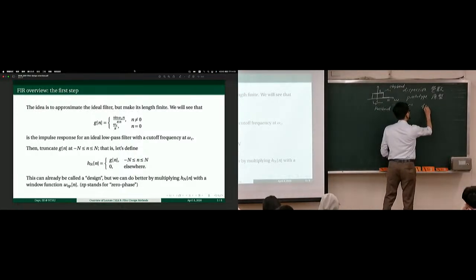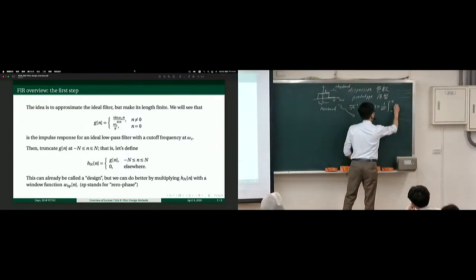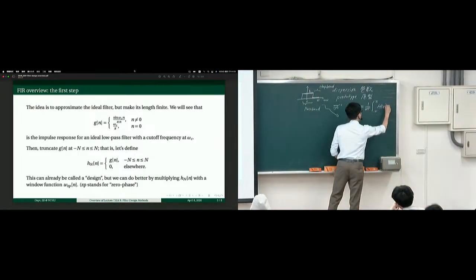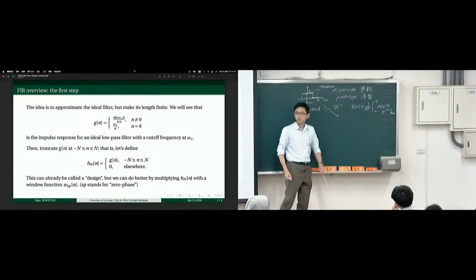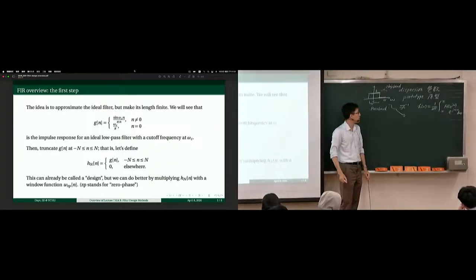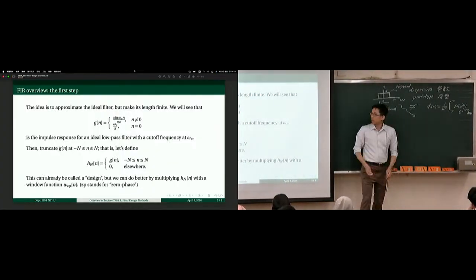So h[n] equals, there's a formula, just integrate e^{j omega n}, and you just accumulate everything with respect to the frequency, small omega. We've seen that over and over, right? So if we do that, then the result is